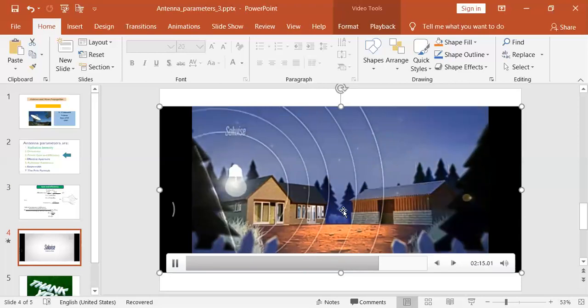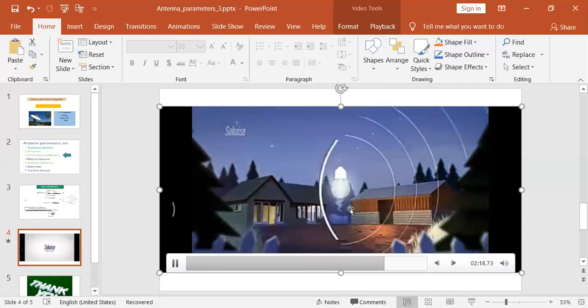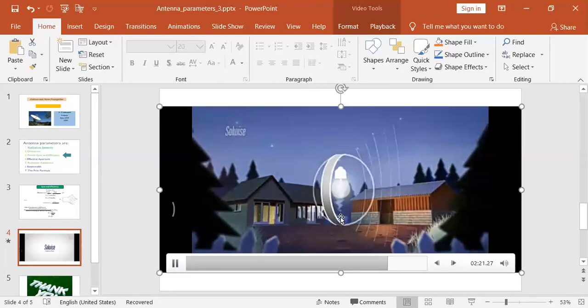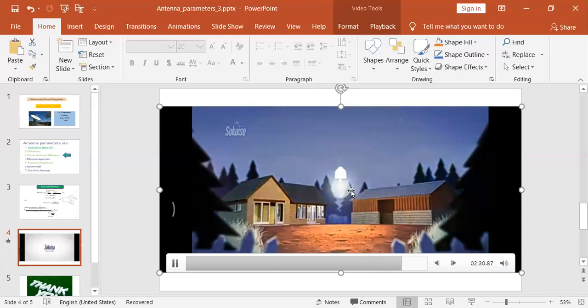To increase the gain further, we can consider a cone shaped antenna or parabolic shaped antenna, so that the gain will be increased by focusing the light. That means more focusing of the light in one specific direction. So this is the concept of gain.